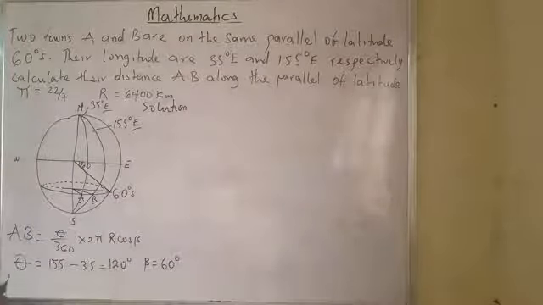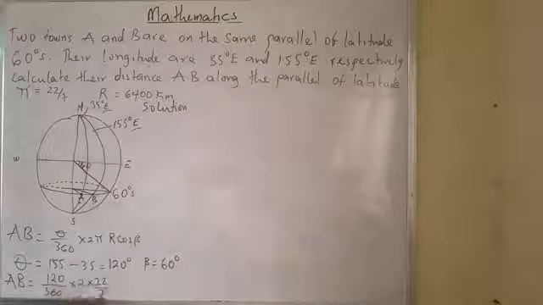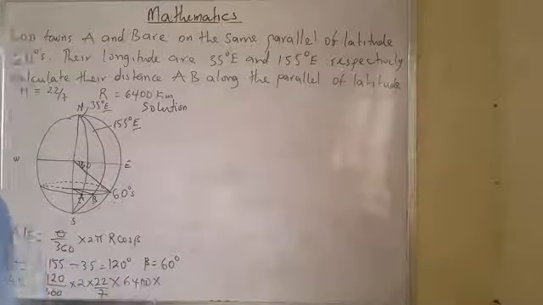Now it means AB will be equals to 120 divided by 360 multiplied by 2 multiplied by 22 all over 7 multiplied by 6,400 multiplied by cos